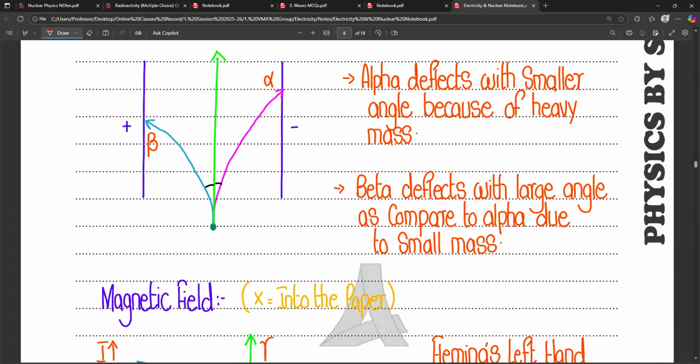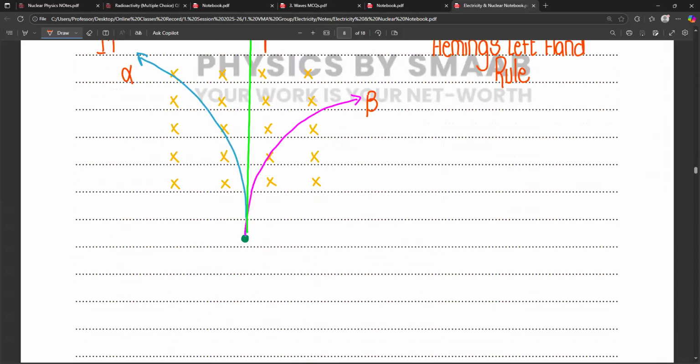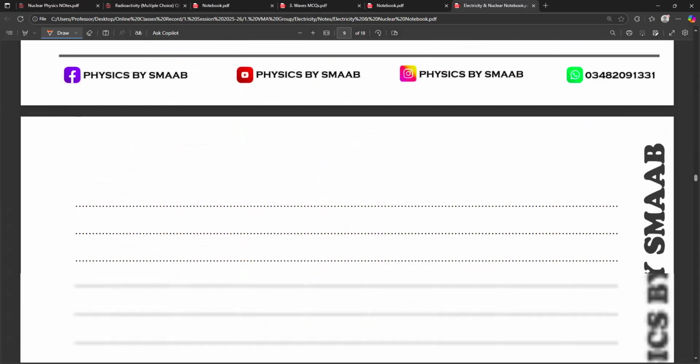So definitely there must be some specific time. Like if we observe that element for 1 month, we calculate how much mass decays from that nucleus in 1 month, or in 24 hours, in 1 year, in 5 months. So there is a different time slot for each type of radioactive element. Some elements take more time, so they have a long half-life, and some elements decay quickly, so they have a short half-life. So the topic of half-life is very important in this chapter,